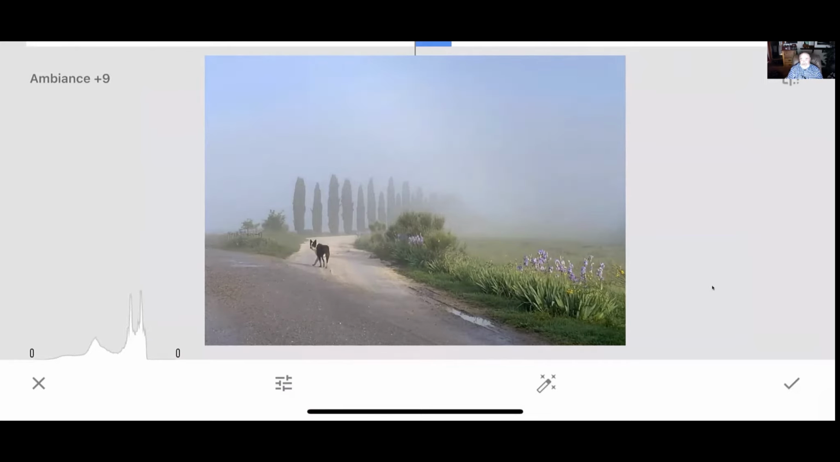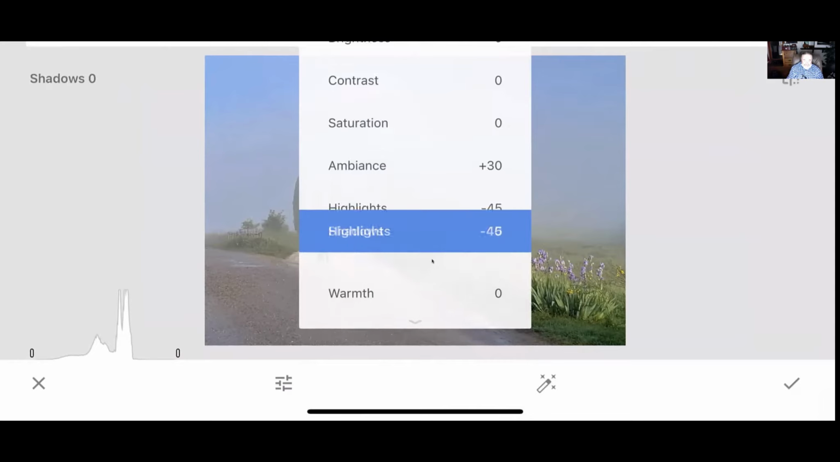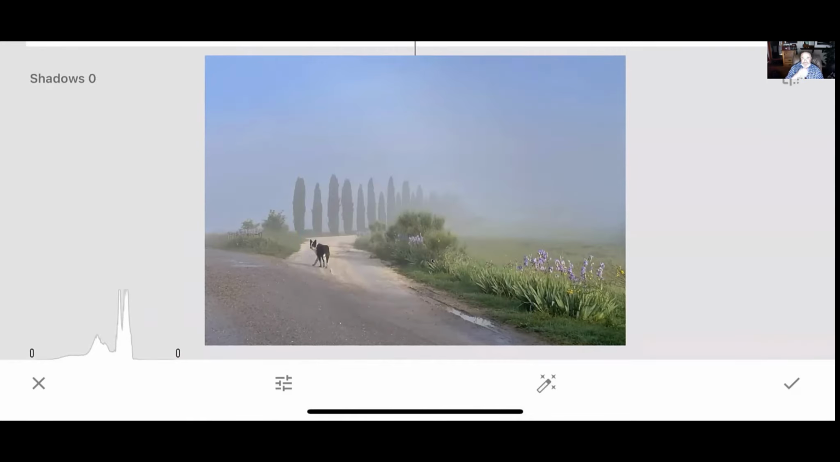I want to look at this edge here. As I bring the ambiance up, it's lightening this leading line a little bit, and that's what I want. So I'm going to stop right there, and then go to highlights. I'm going to drop my highlights down, and notice how I can darken the sky a little bit with that. And then the shadows, and the shadows are going to be really important in this image,